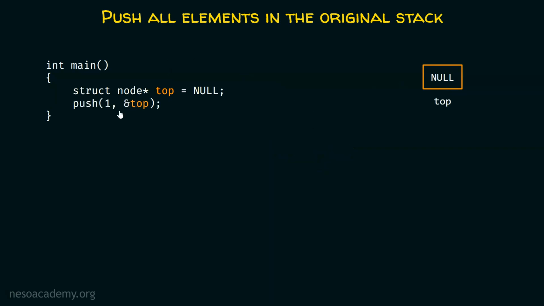Now after this we can call the push function, and to this push function we can pass the value as well as the address of this top pointer. In the previous presentation we have learned that if we pass the address of the pointer, then the changes will directly get reflected in the main function without the need of returning the pointer. So this is obviously a better choice. Here we will pass the address of this top pointer to this push function. And I'm assuming that the address of this top pointer is 900. And I'm simply passing this address to the push function.